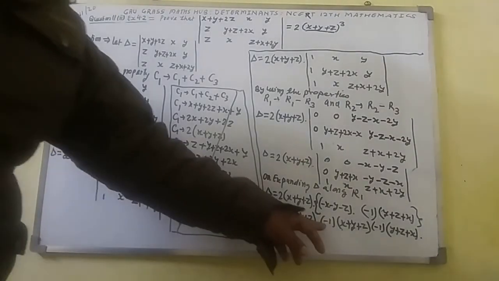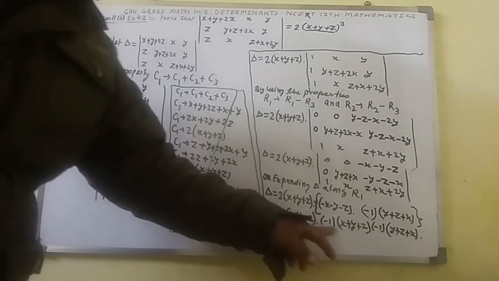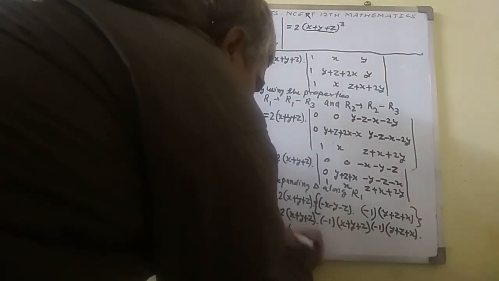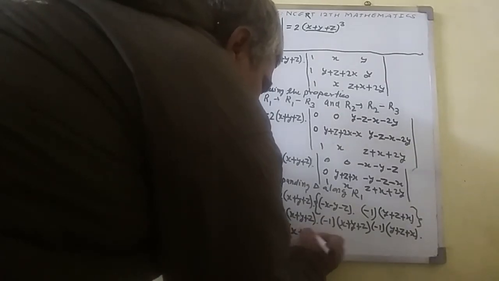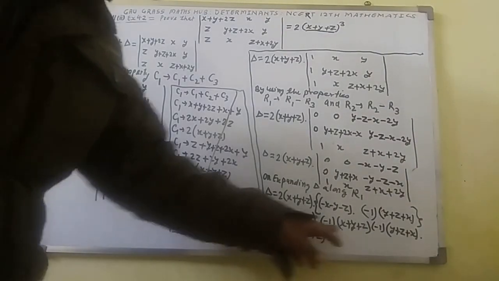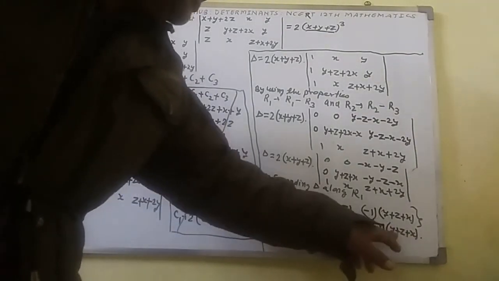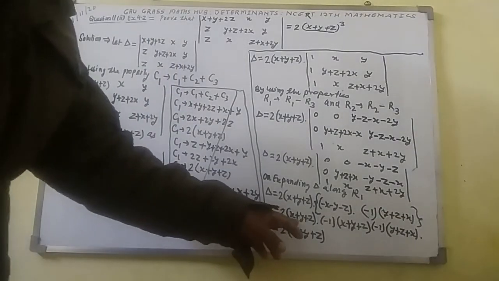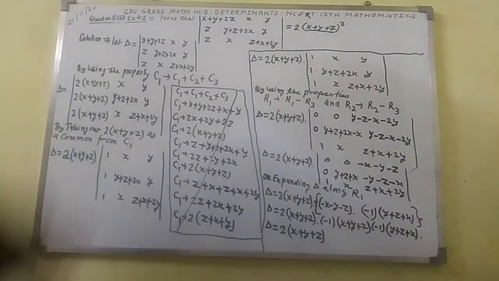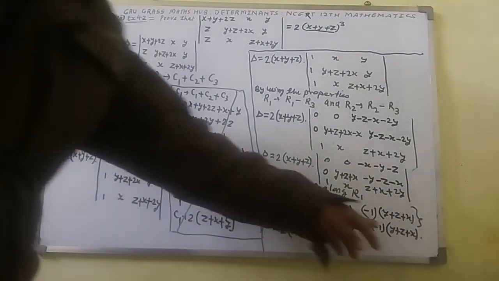Now what will we do here? Minus 1 will multiply together. You will get here plus 1, and here you will get easily 2. Here write x plus y plus z. Here you can see x plus y plus z at 3 places, so here it will become cube. Minus 1 multiply together plus 1, here you get. So here we got easily that is RHS.